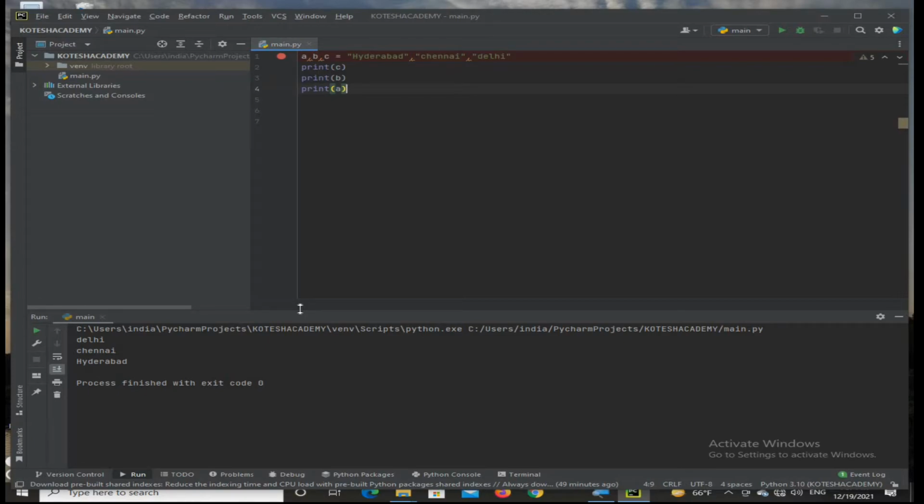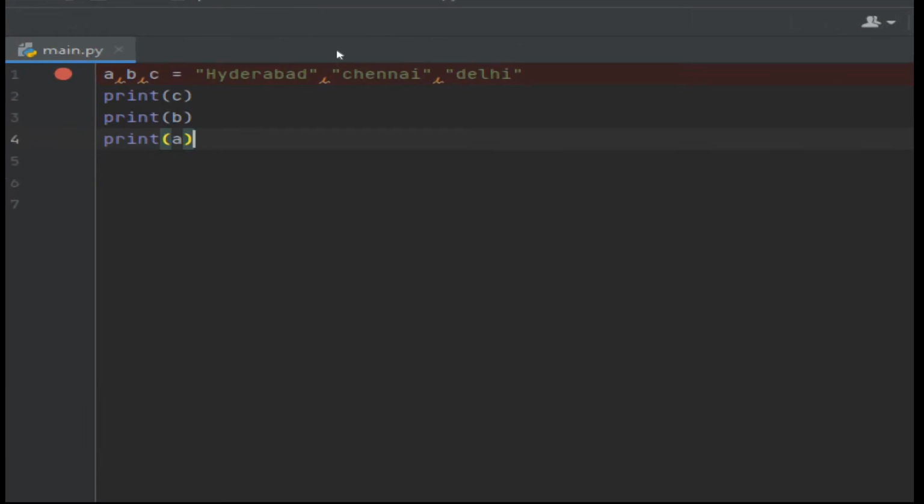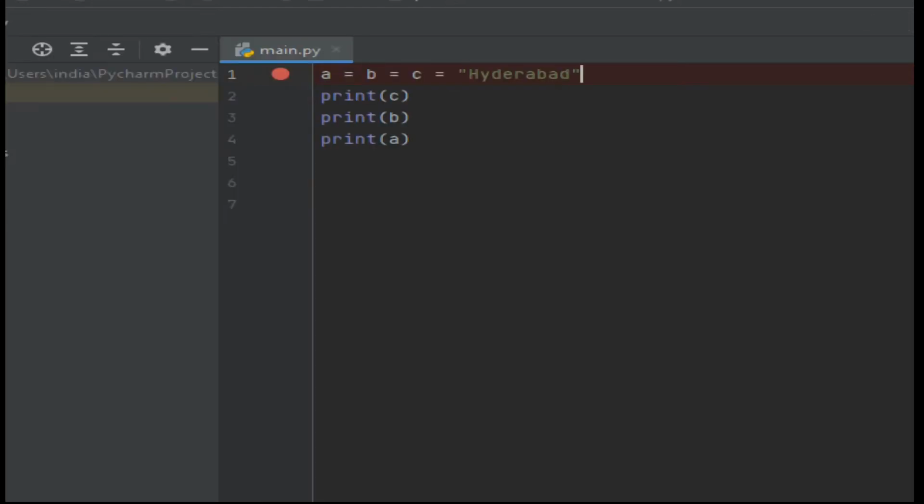Okay, so this is the actual one: many values to multiple variables. Now, what is the concept of one value to multiple variables? We have only one item that can be stored in various variables. Simply, you can write a is equal to, b is equal to, c is equal to, and we are considering only one city, Hyderabad. What is the meaning of this? The Hyderabad item is stored in the a, b, c values.